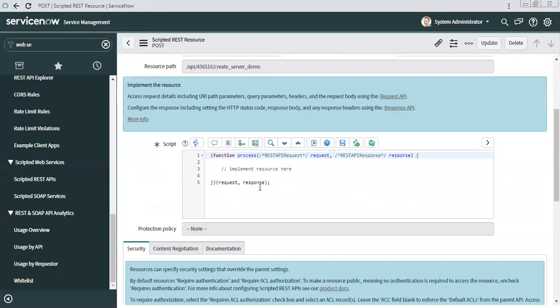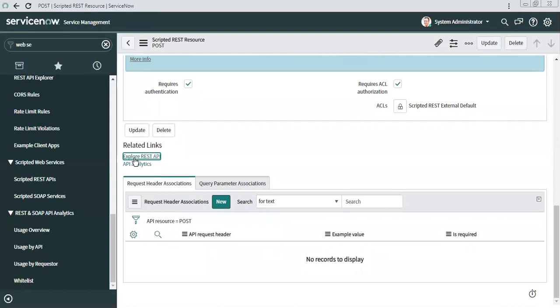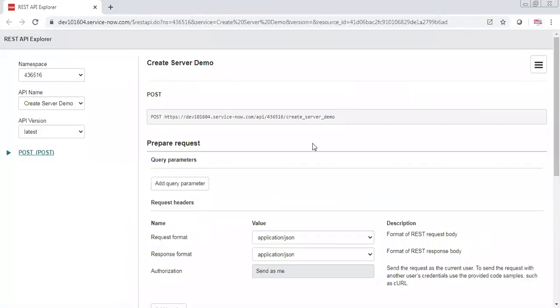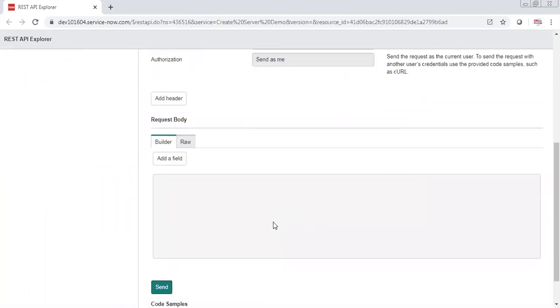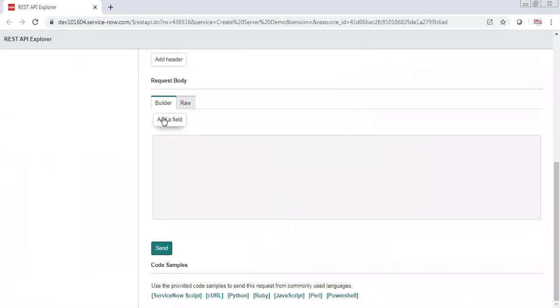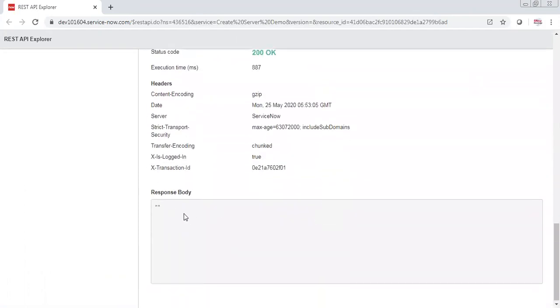But if I will now try it, I can go to REST API Explorer. This is my URL already generated for my API. As I just created one resource, here it's showing one resource, my API name, everything. Then if I try to send something, nothing will be available. It will not return anything because I didn't return anything in my code. See, any response? No, because I didn't write anything till now in my API.